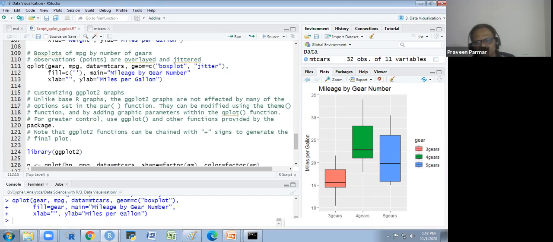Let me write yellow, then brown, and then green. So you see what will happen.